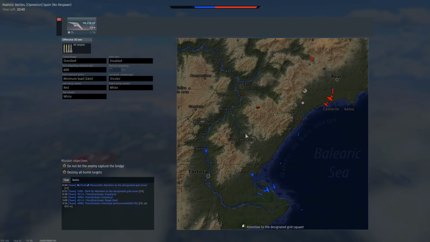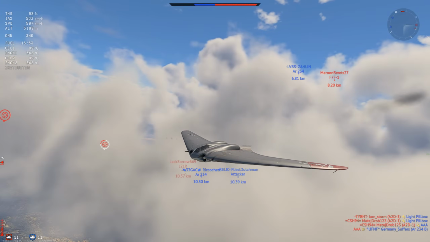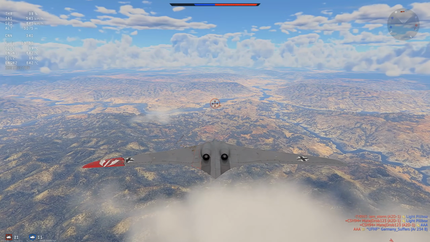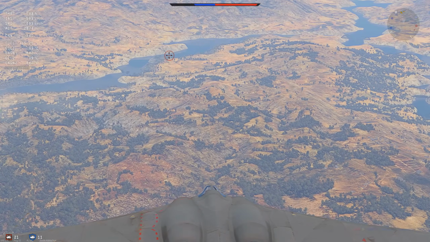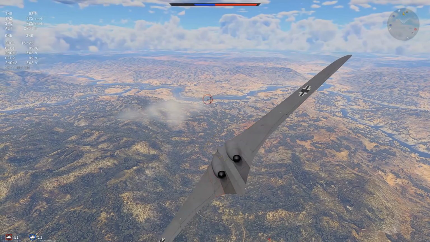The Ho 229 Horten is absolutely garbage. Let me tell you why that is. So, the Horten on paper seems pretty great. You have a plane that's decently fast with an absolutely insane turn rate. There are a few issues with this thing, however, that aren't too massive, but they compound into a very big